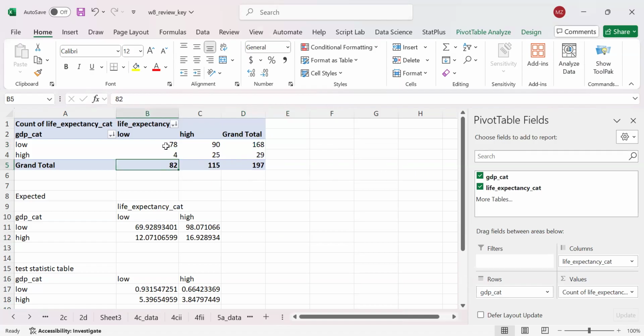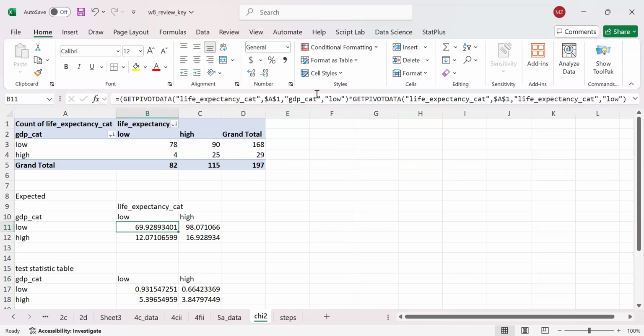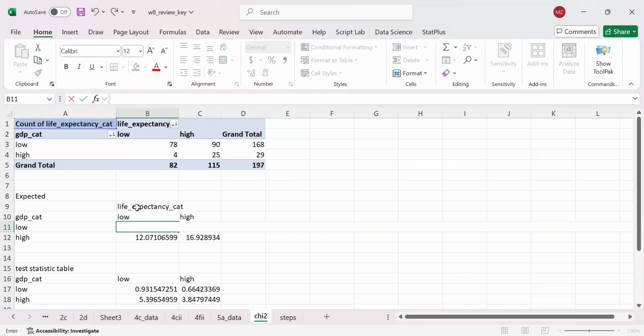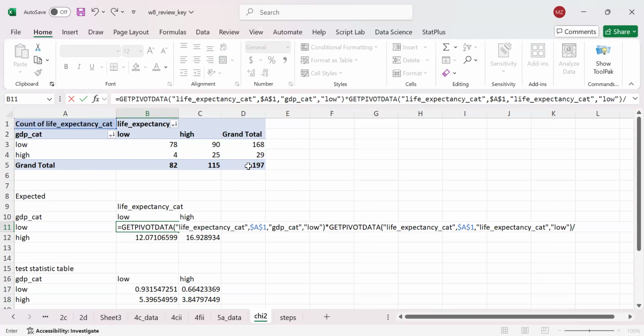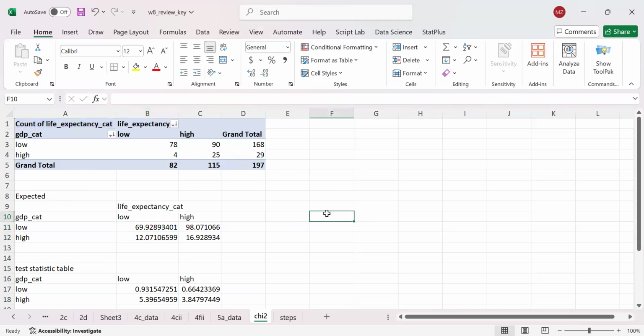In this case, if you're calculating the expected value of this low, we take the total of that row multiplied by the total of the column in which it is, and divided by the grand total. So this multiplied by this divided by the grand total, right? So you'll get it for all four,